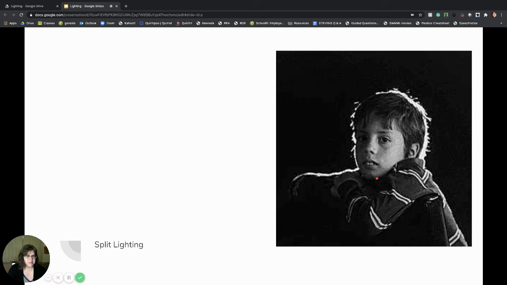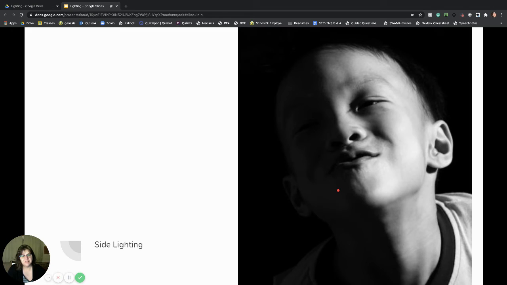Here's another example of split lighting. We can see his face is side lit here, but we also have this strong backlighting. Another example of side lighting. One other thing I want you to notice about side lighting